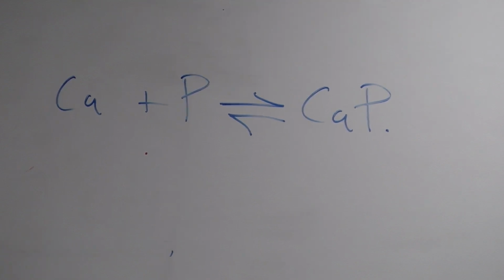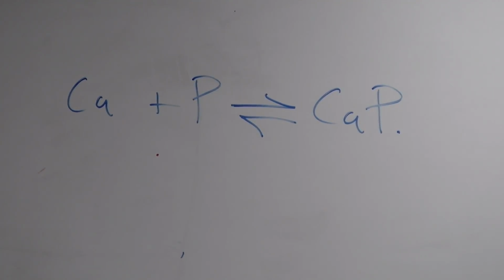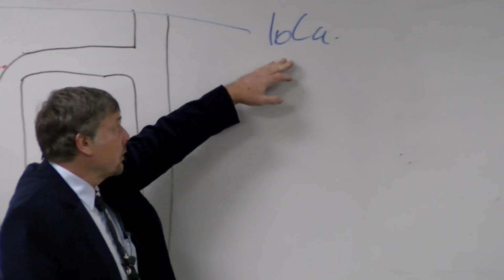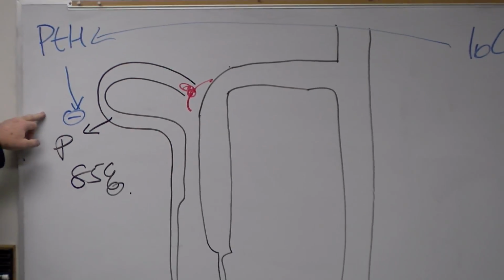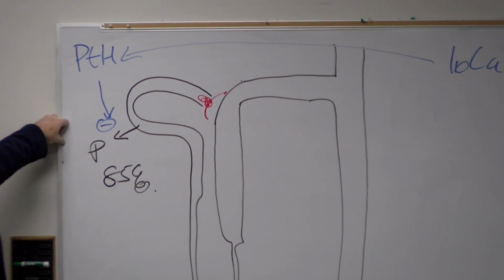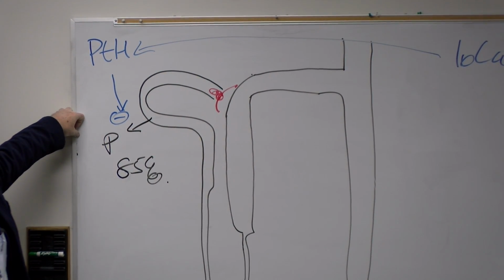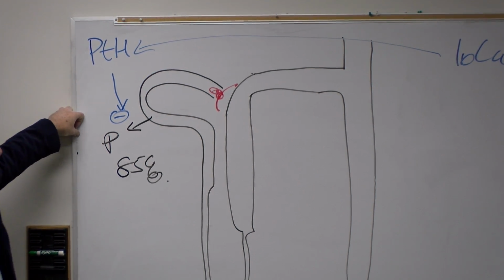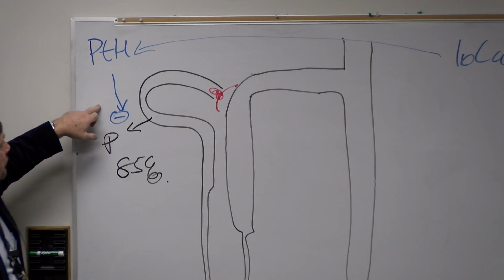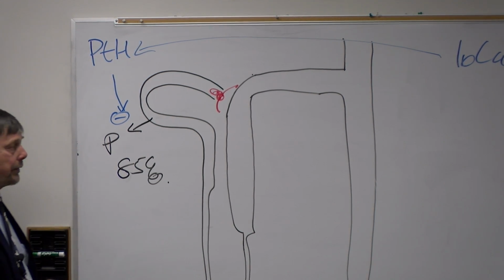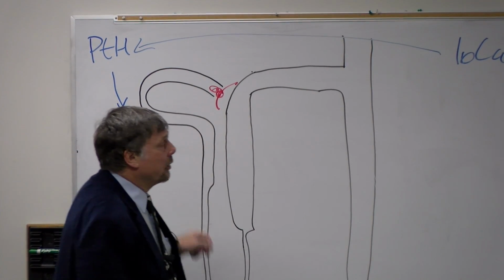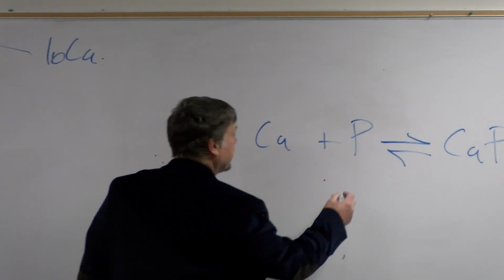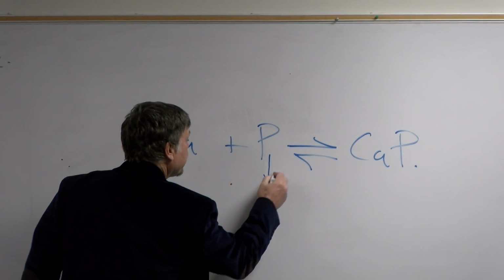So, why would it be advantageous if you've got low calcium to turn on parathyroid hormone and affect phosphate? Well, you already know that low calcium does actually stimulate parathyroid hormone to do stuff with calcium, but also phosphate reabsorption. So if parathyroid hormone causes phosphate excretion, this goes down